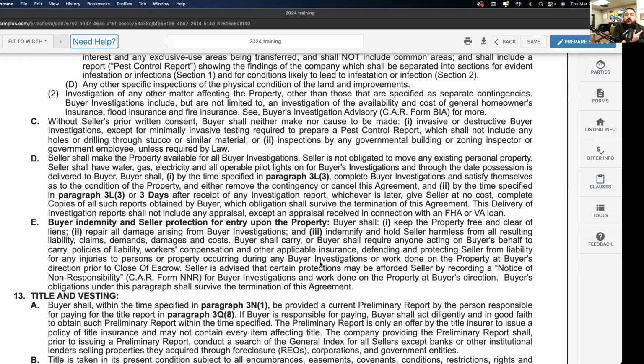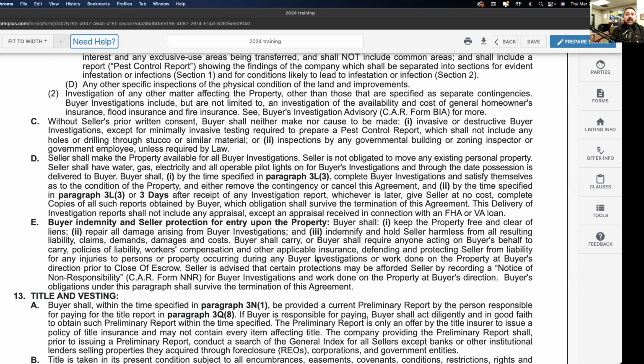This is the nuts and bolts of things that I do different than other agents. Okay? There is a mention here of a form called the NNR, which is the Notice of Non-Responsibility. And that's another form that we really don't talk to sellers about. Now, for buyers, it doesn't really matter. For sellers, it does. And if we want to explain it properly to a buyer, we could, so they understand